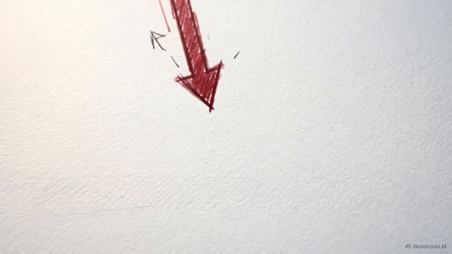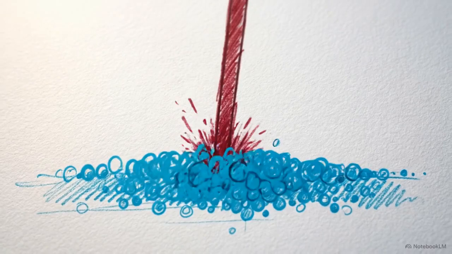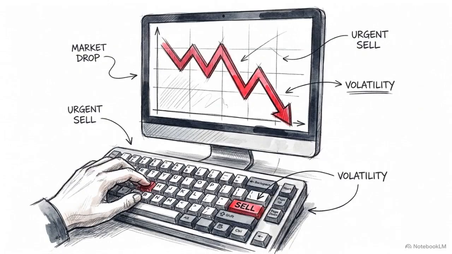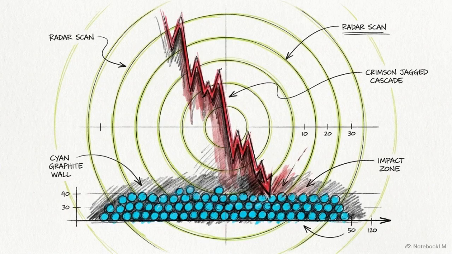The B-Wave correction represents a specific structural breakdown where institutional size is built even as local trends appear to fail. Most retail participants identify this downward expansion as a signal of trend exhaustion or a full market reversal. From an algorithmic perspective, this price action functions as a mandatory liquidity refuel station. Quantitative telemetry allows us to observe the specific moment a sell-off stabilizes into a heavily backed institutional accumulation zone.